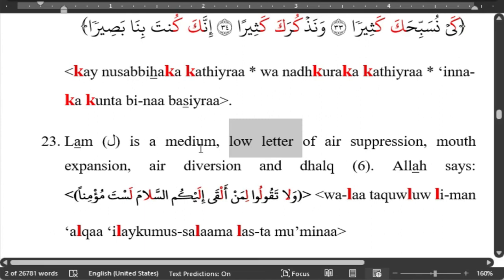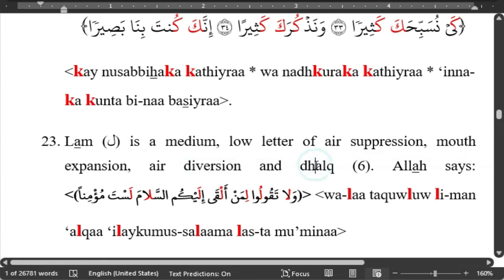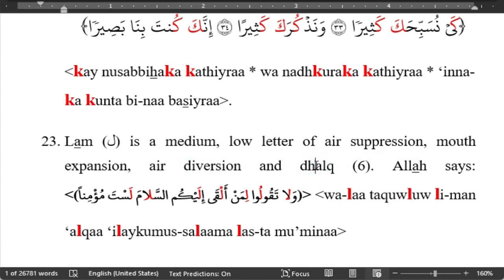So lam is a medium low letter of air suppression, mouth expansion, air diversion, which is the flicking, and dhalq, being on the edge. Lam. 6 attributes. Allah says,